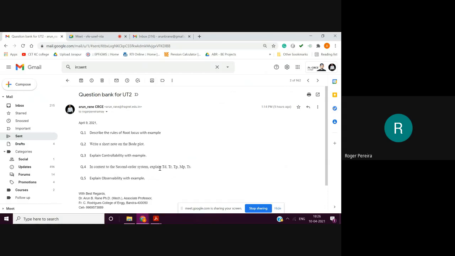Sir, is there any book available for control engineering? One book is Goel Bakshi. I don't know whether the e-copy of Goel Bakshi is available. Yes, Control Engineering by Goel Bakshi. That is sufficient. And if you want to learn in detail, then Principles of Control System by Ogata. Ogata is another book, but Goel Bakshi is just sufficient.